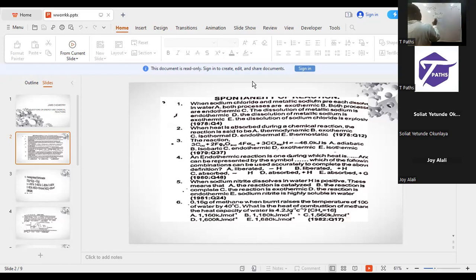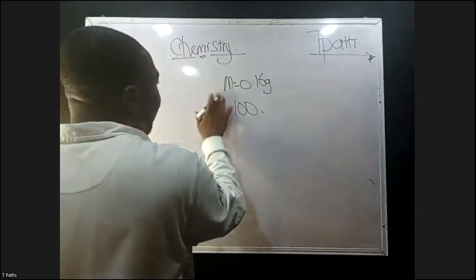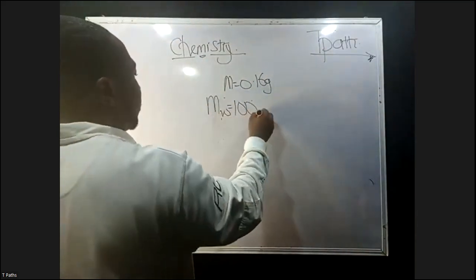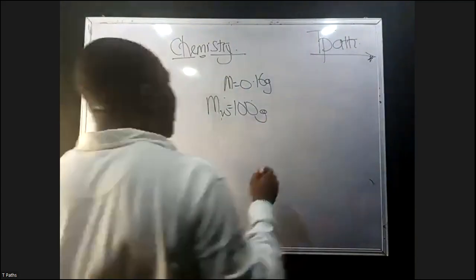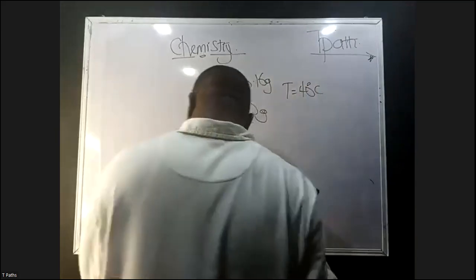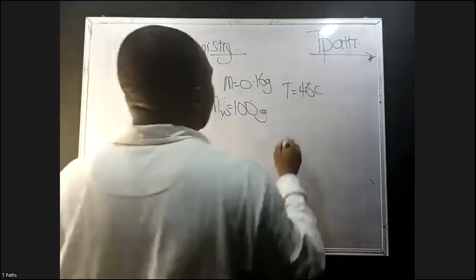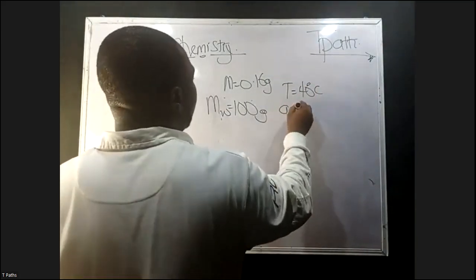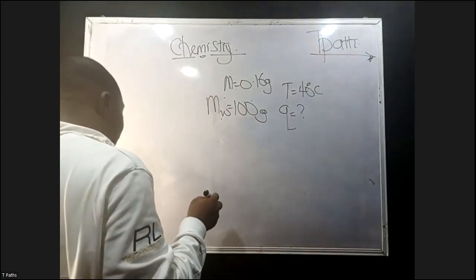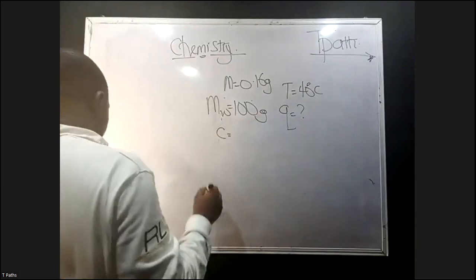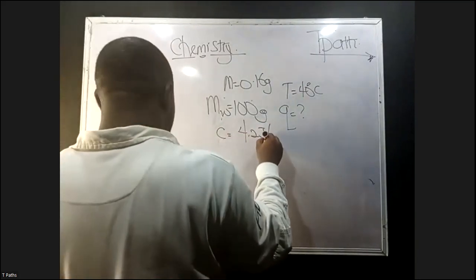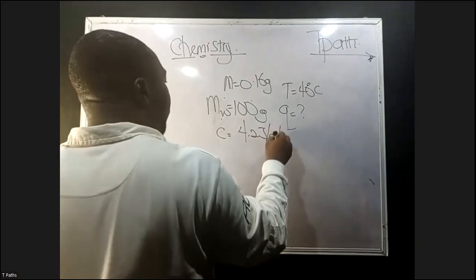Sorry, it's the mass of water. Mass of water is 100 grams. The temperature of water there is 40 degrees Celsius. What is the heat of combustion? Heat Q is unknown, of combustion of methane, when the heat was of water. C of water is 4.2 joules per gram per degree